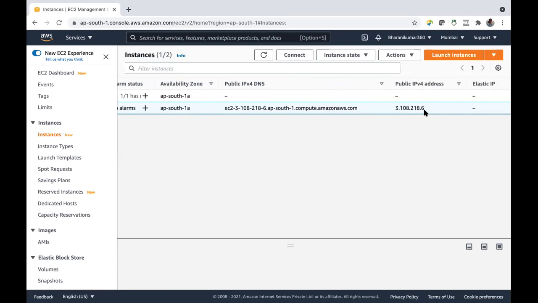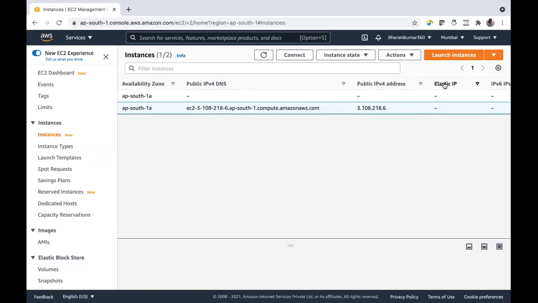Suppose you don't want this to happen, you want your IP address to be static. Why? Say you are using this IPv4 address with other services. If you keep your instance in an always running state, then it's fine, your IP address will not change. If you are stopping and starting your instance, then your IP address will change, which you don't want.